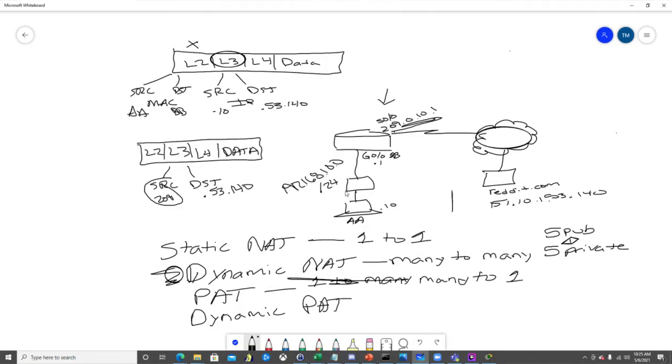So if I have, say, multiple systems that want to go out to the internet, both of them can utilize the same public IP address, but remember, they also make some modifications to the layer 3 header and the layer 4 header, which is looking at our source and destination ports. And so what PAT does is it will make some modifications to the source port,